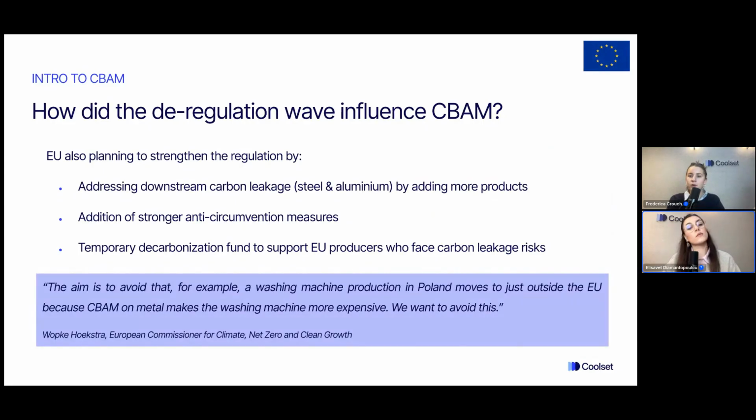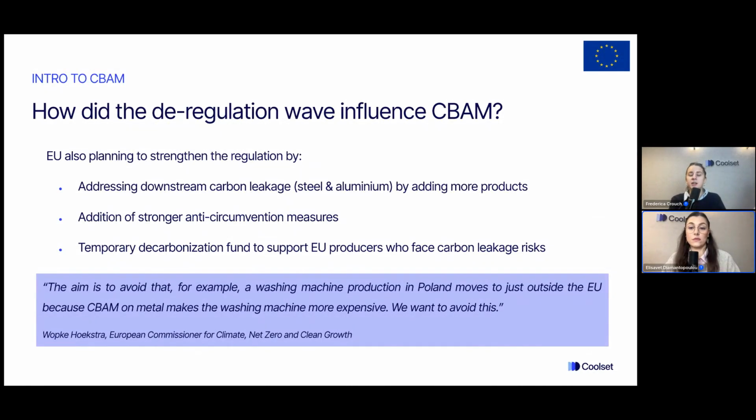And a little more on how the deregulation wave influenced CBAM is that while simplifications have happened at the higher scope, the EU are also planning to strengthen the regulation, and that they're noticing weaknesses and they're seeing where to improve them. So one of those particular areas is addressing downstream carbon leakage, particularly steel and aluminium, by adding more products into scope. Scrap metals is significant here, and we're seeing a lot of